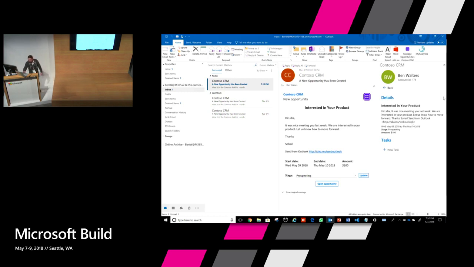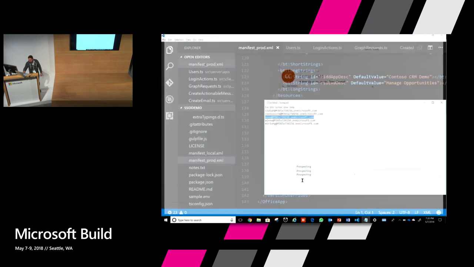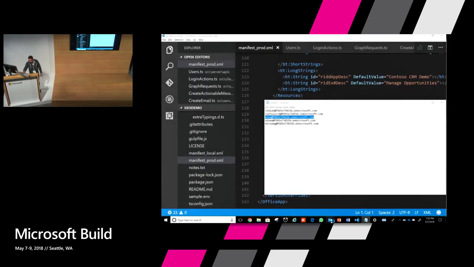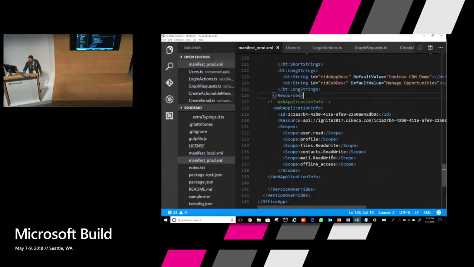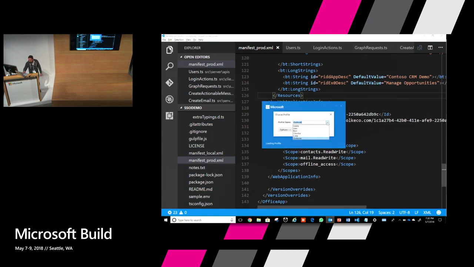And then last but not least, just another really quick demo on delegate access. This is also a very frequently asked feature from our partners, that today when you have add-ins, they only work on your own mailbox.